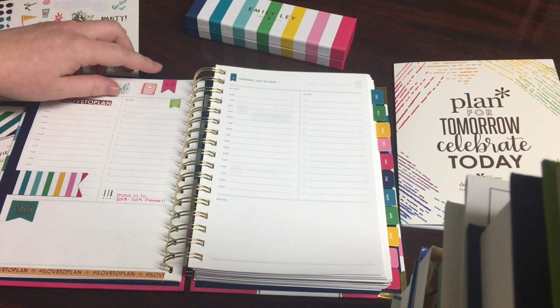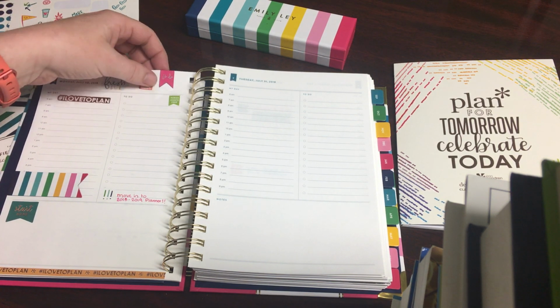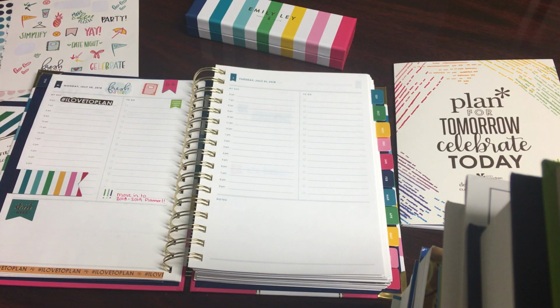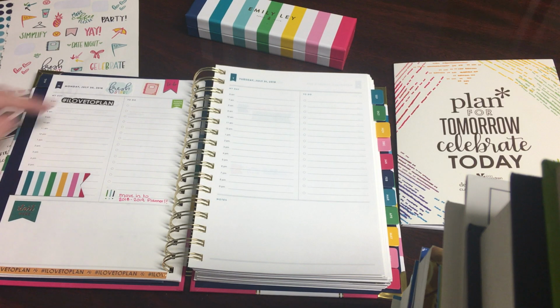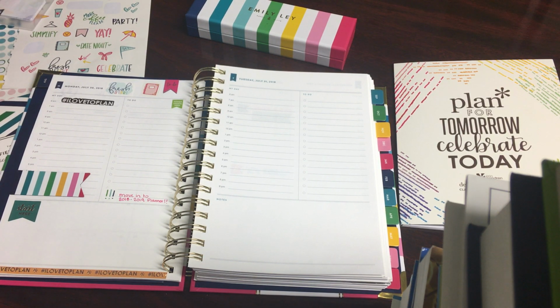The other page marker that I have is this little tiny Erin Condren one that just says to do, and I always keep that on Monday of the week. So this page marker will move to whatever day it currently is, and this page marker stays on Monday because I have a Monday to-do list that I use pretty much for the week. The other to-do lists throughout the week, I will put things that have to be done specifically that day, but